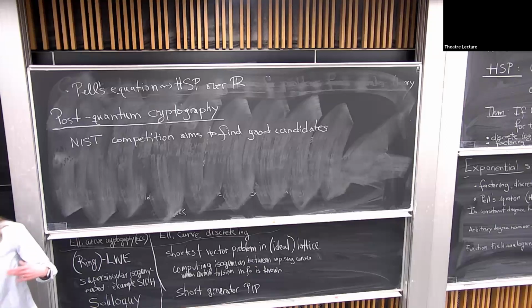So they have various rounds where they advance a subset to the next round that looked like the best candidates. 26 made it to the second round in 2019. In round 3, they came up with 7 finalists and 8 alternates. There were lattice-based systems, code-based systems, and 1 supersingular isogeny still made it to that round. It was one of the alternates. And then the most recent progress was that in July of 2022, July 5th,